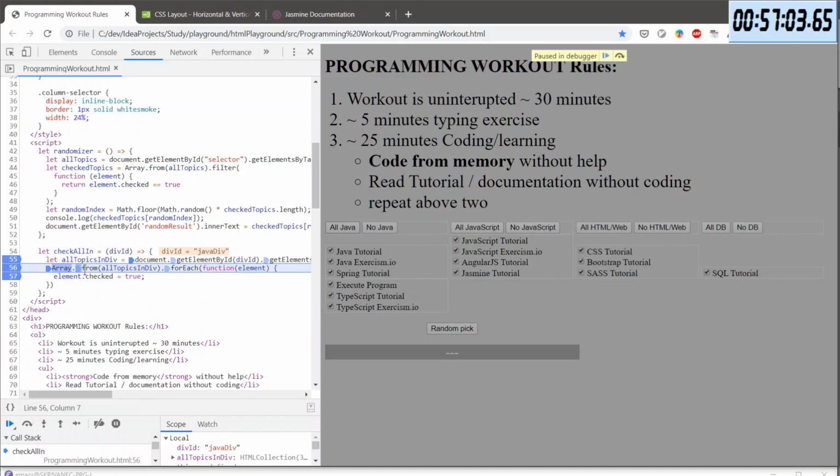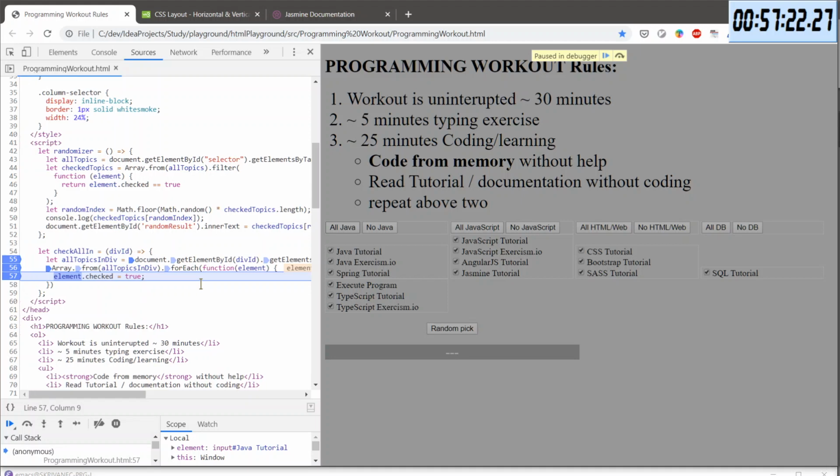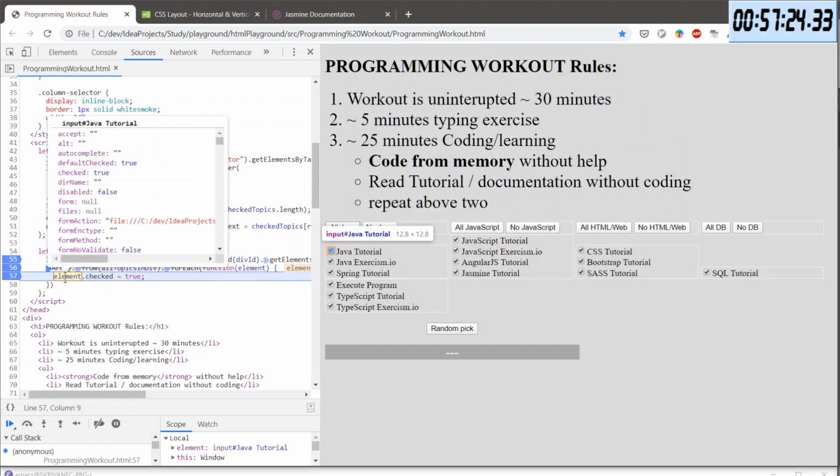So I got the thing. When I step over in here, checked true, and the element in here is this guy.